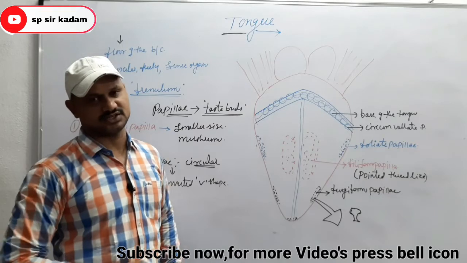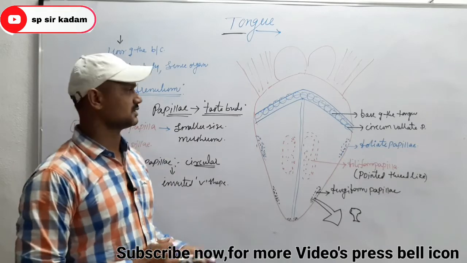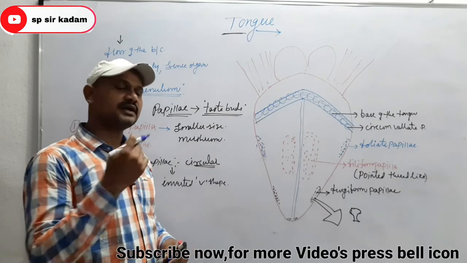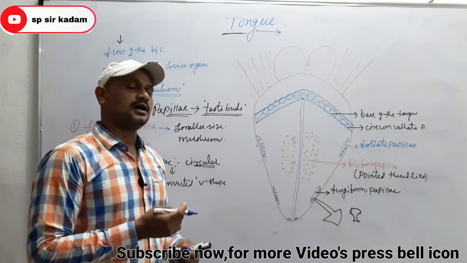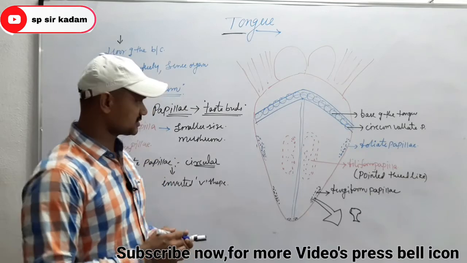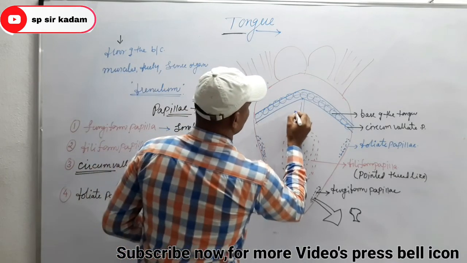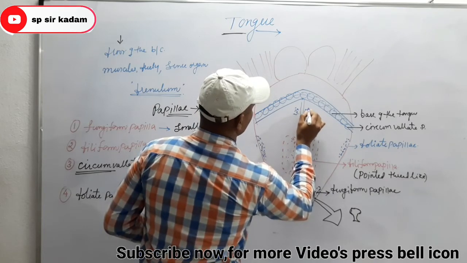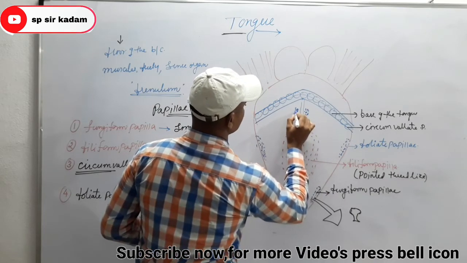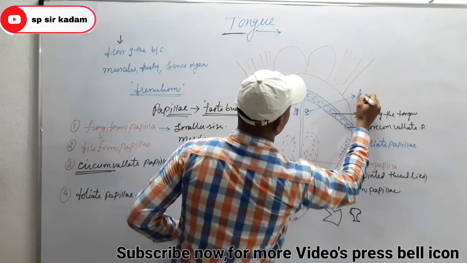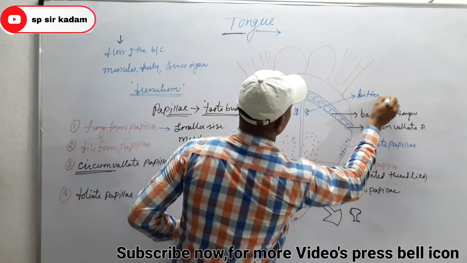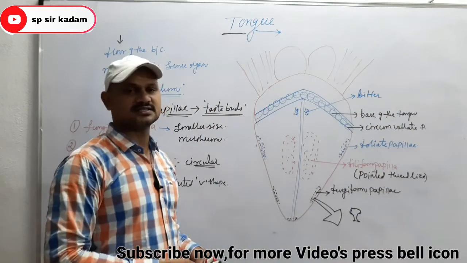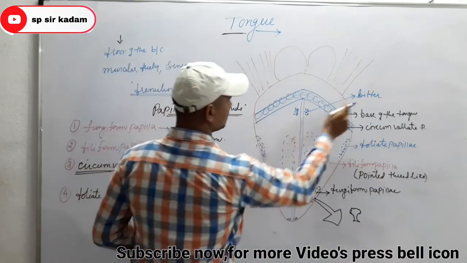Taste detection, so identification of taste. Due to the presence of what? Taste buds. Here different types of taste buds identify the different tastes. For suppose, bitter taste: the taste buds that detect bitter taste are situated at the base of the tongue.